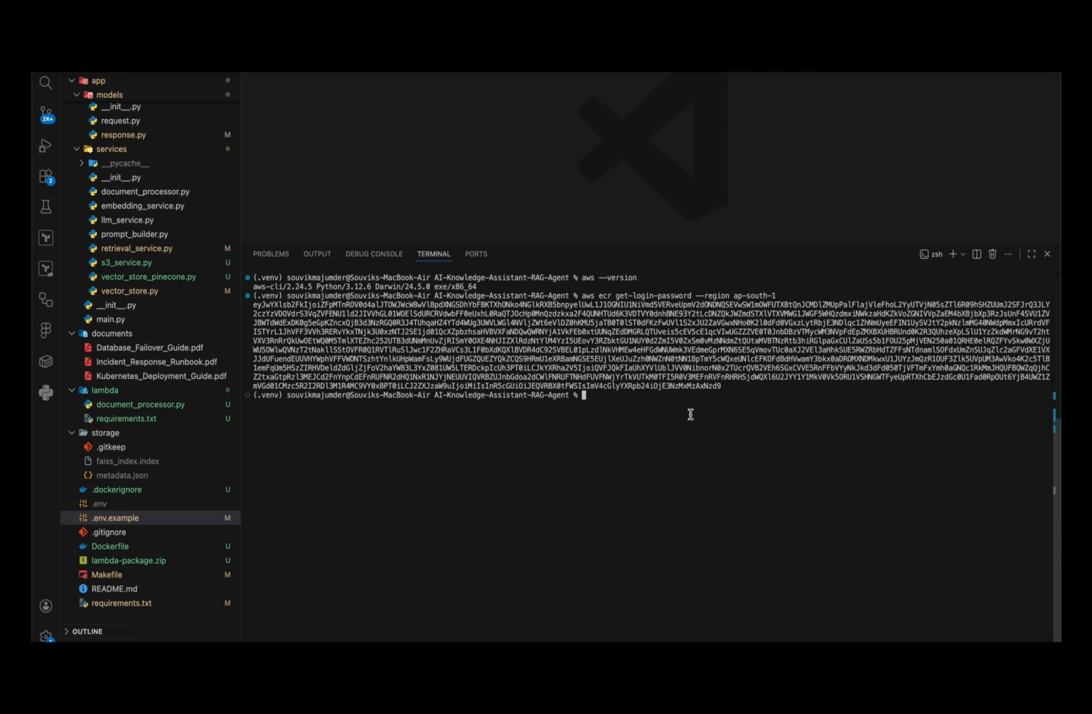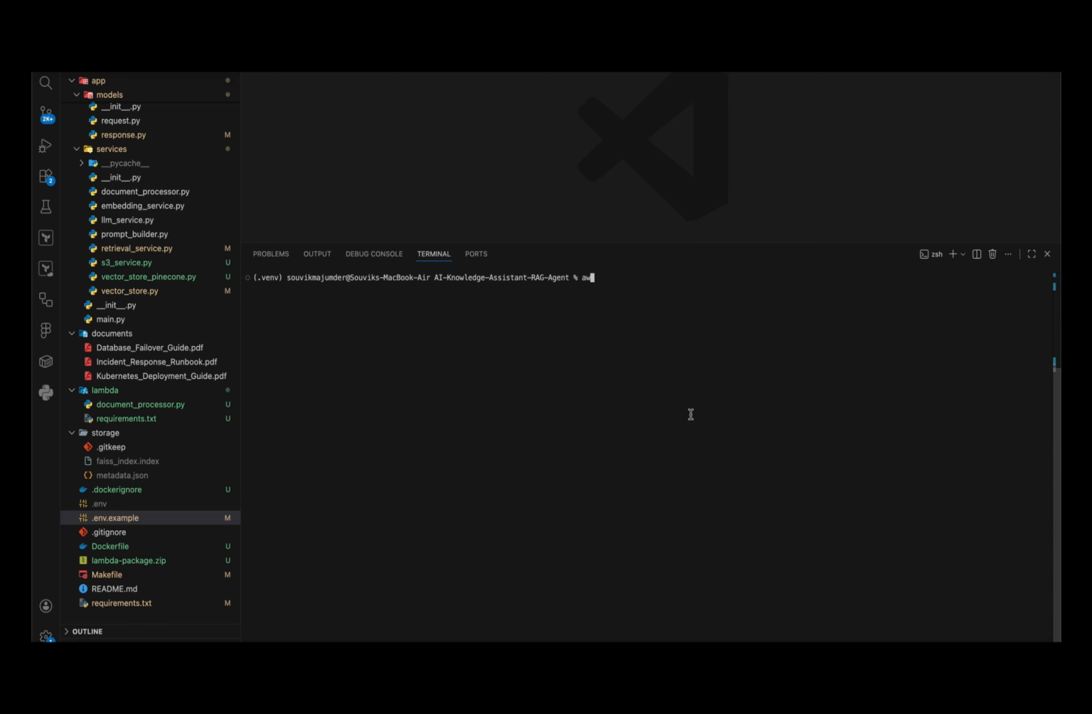And I need to run another command: aws ecr get-login-password --region ap-south-1, and I need to pipe this password into the Docker login command. So this is my pipe operator: docker login --username